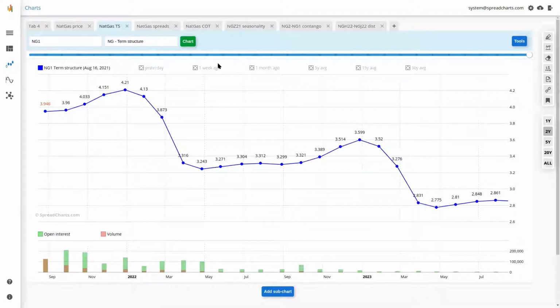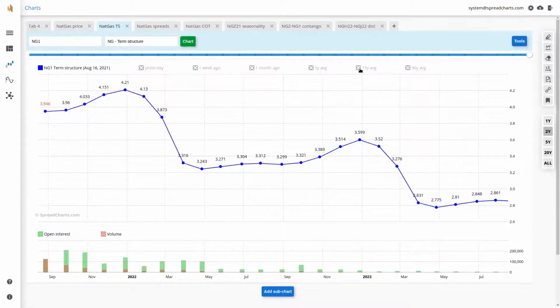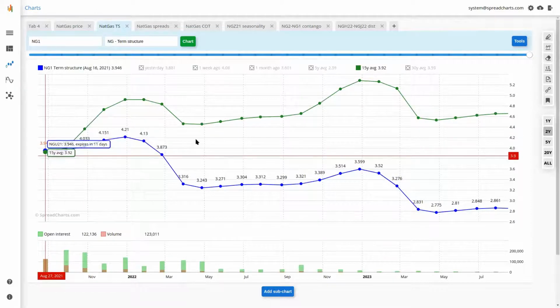Anyway, so Nat Gas in a contango. So what's it telling you? Yeah, I will speak about contango a minute from now. But right now, what I want to show you is that the price is really elevated, because when you compare the current price with the